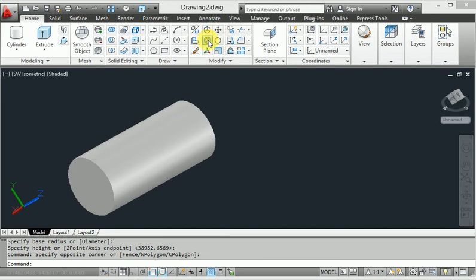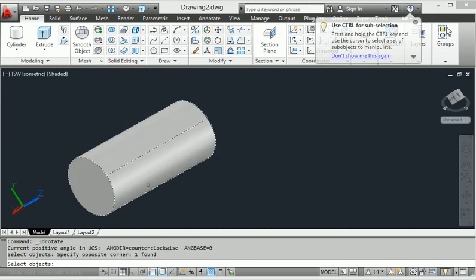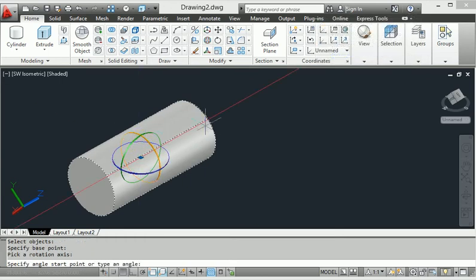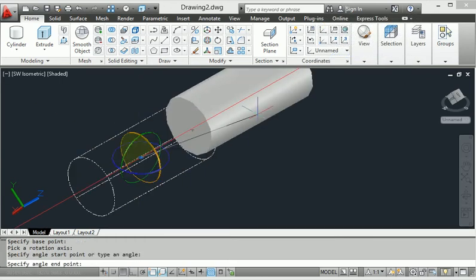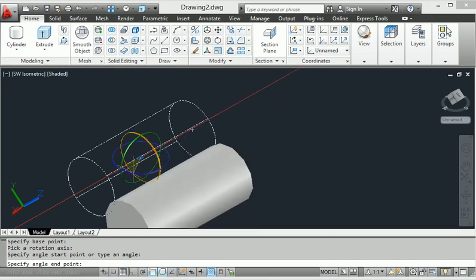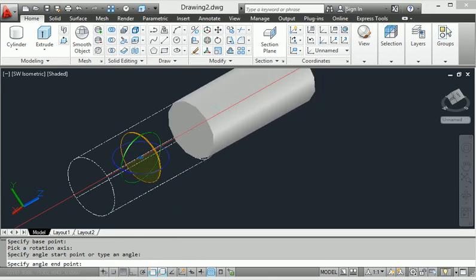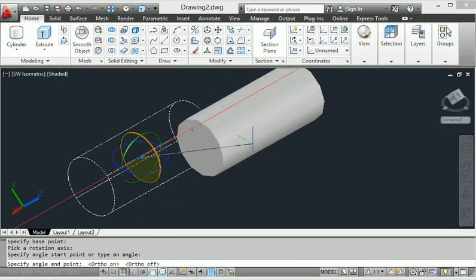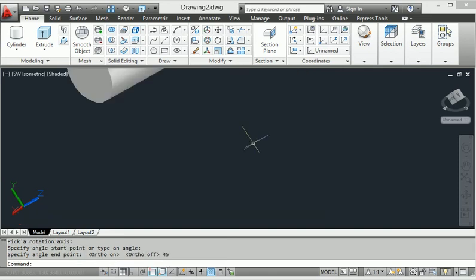So when I enter the rotate command and select this whole body, then right click, this one is here, then click the body here, then also go to the point. When I make the revolve, this body is going to rotate on a particular axis. So I will give the degree here, 45 degree, when I rotate.